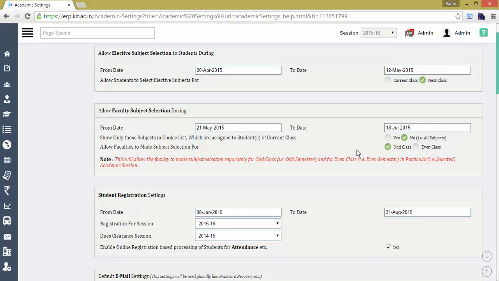Suppose you are going to ask the faculty to submit their choice list for the even semester or for the odd semester. Whatever the need is, you just select the radio button from this list. That's it. If you are going to collect the choice list for the even class, you can select the even class. If you are going to collect the choice list for the odd class, you can select the odd class.